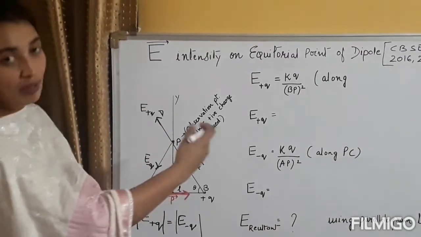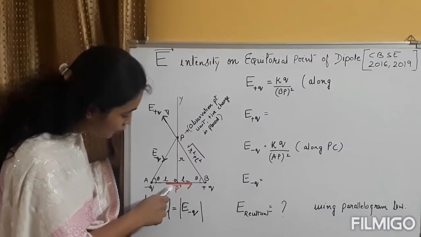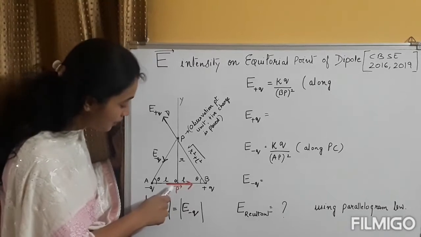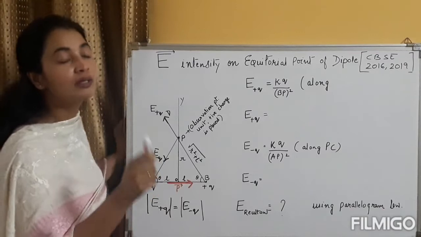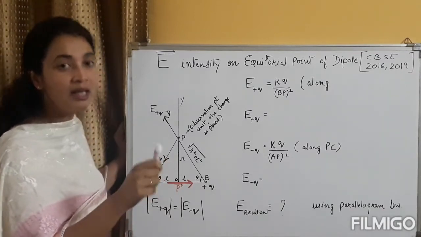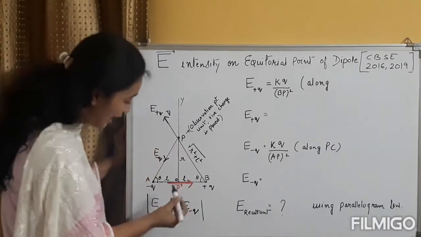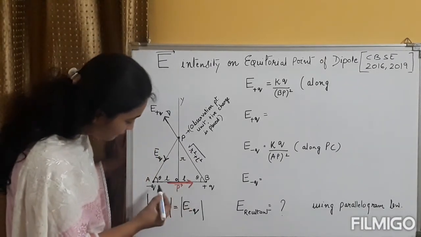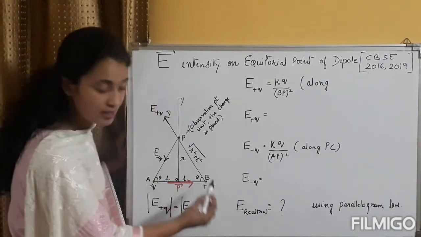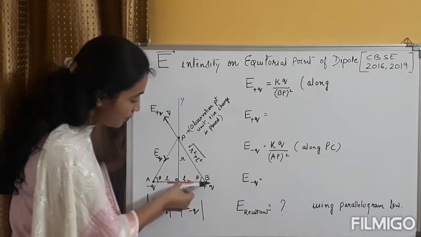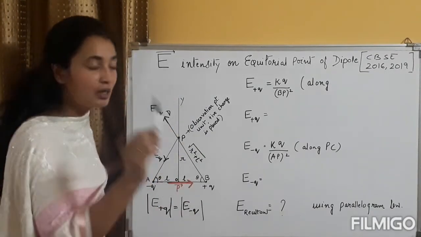Why are they the same? We can see a little clarification. One important thing I would like to draw your attention to, this red mark, which is representing the dipole moment vector. You have already been told that dipole moment is a vector quantity. It is the product of either charge into distance between the charges. And the dipole moment vector P, its direction is always from minus Q to plus Q. It is always from negative to positive. So this is the dipole moment vector. I hope the diagrammatic explanation is clear.